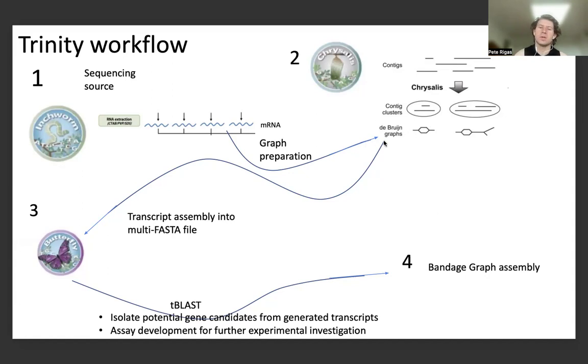And there can be a lot of different ways that you can look at de Bruijn graphs, or being able to visualize different steps of the intermediate output from Trinity. When you're running the transcriptome assembly or any other more complicated algorithm, it generates several types of intermediate files, whether from the beginning of the algorithm, which is indicated with the sequencing source, from this RNA extraction step, which is one potential source of sequencing that we could have. It performs several checks on the formatting and the arrangement of the files within the FASTA input,